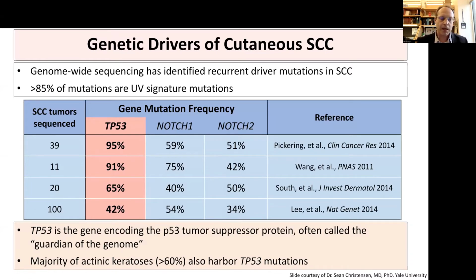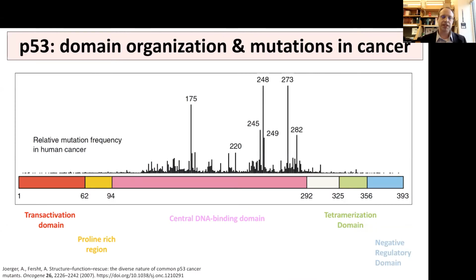So P53 is known as the guardian of the genome, and it encodes for a very important tumor suppressor protein in the body. But in actinic keratoses, as many as or more than 60% of actinic keratoses can actually harbor P53 mutations. So on the next couple of slides, let's take a closer look at P53 itself so we understand what's happening. This is a schematic of P53, looking at the domain organization and where certain mutations in cancer actually occur. If we start at the left, at the N-terminus of this 393 amino acid protein,